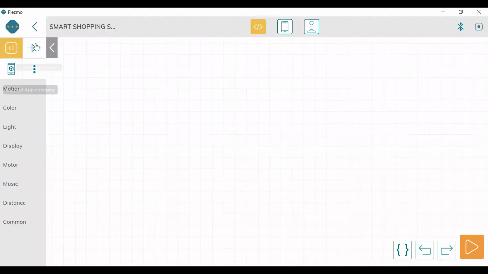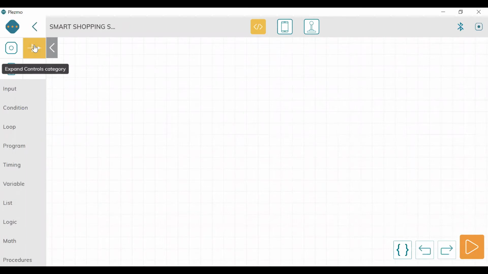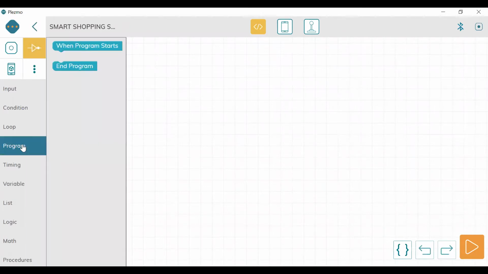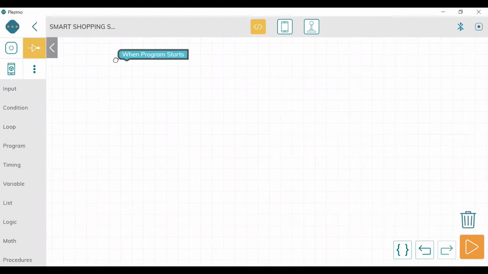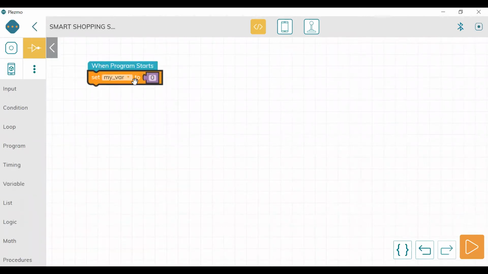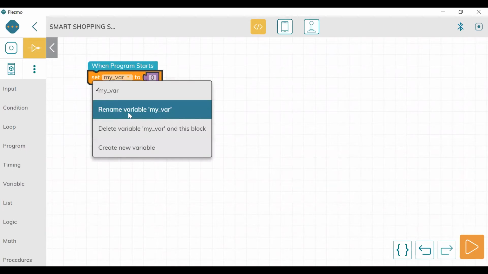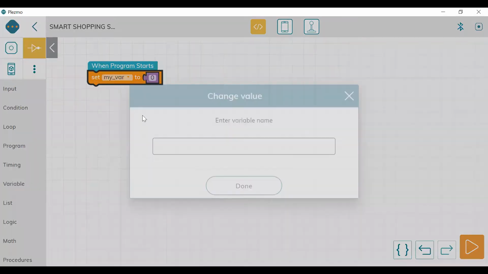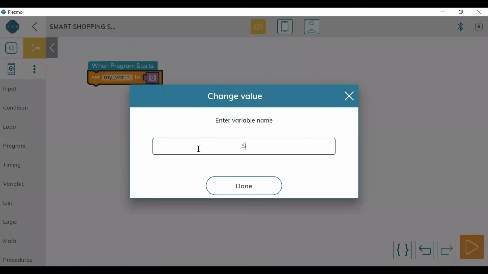Okay, the first thing is we have to expand the control category and go to program. When the program starts, we have to define a variable of scanner on. So we are going to go to variable, set my variable to, and rename my variable as scanner on.